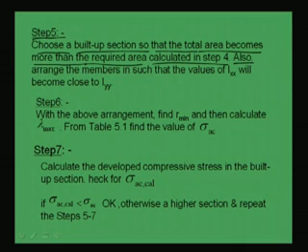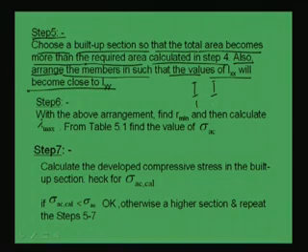Then also arrange the members in such a way that the value of Ixx becomes close to Iyy. This is important. We have to arrange in such a way, suppose we have 2 I sections, so that the distance between the two sections will be such that Ixx becomes close to Iyy. So, Ix will become close to Iy of the built up section, that we have to make. Okay. Then, with the above arrangement,